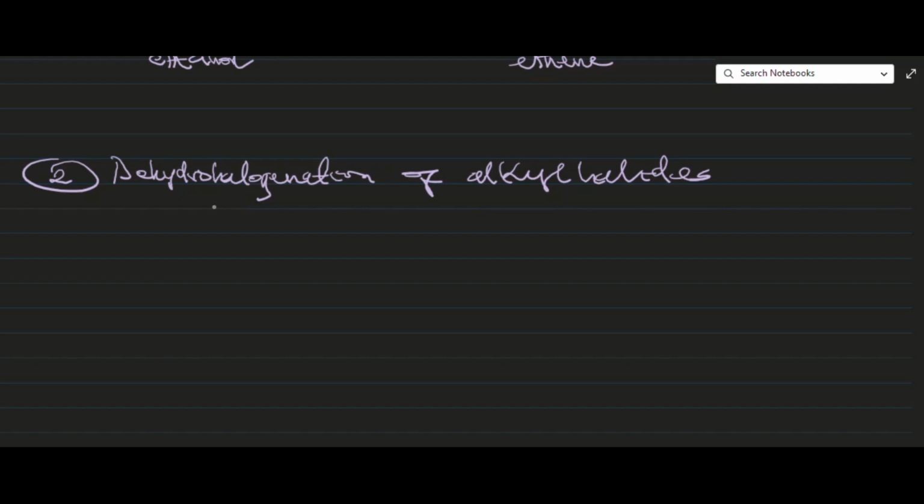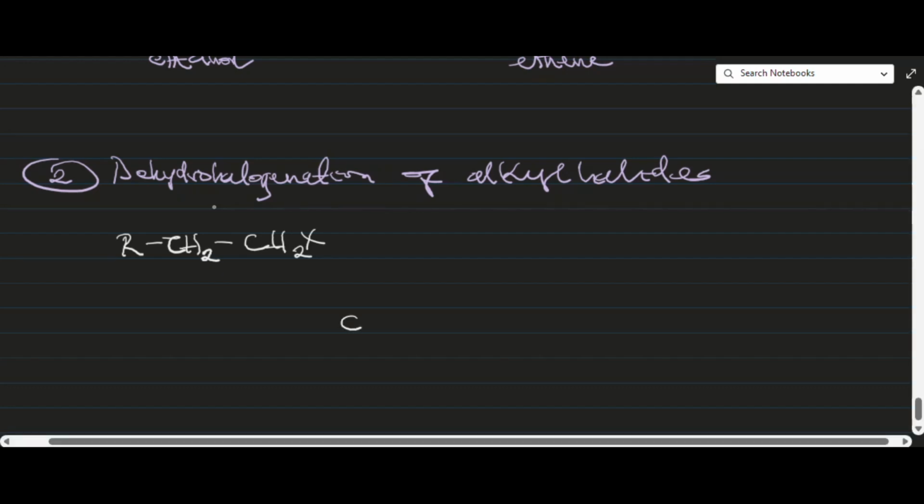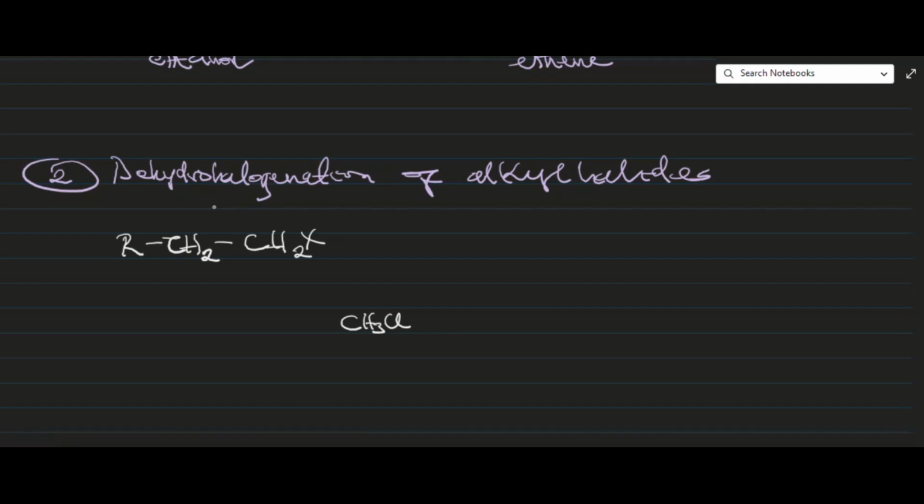So let's go. We have alkyl halide, CH2, and then CH2, and then X is the halide. So everything is alkyl, and then we have halide. Just like you have CH3Cl, this is chloromethane. So this is the halide there. Instead of methane, which is CH4, one of the hydrogen atoms has been substituted with a halogen. So that is why we call it alkyl halide. Okay, so let's go ahead